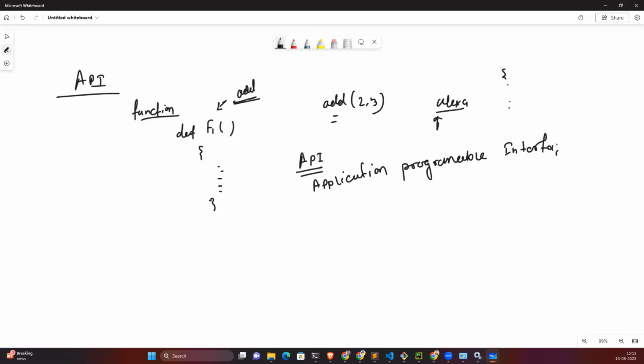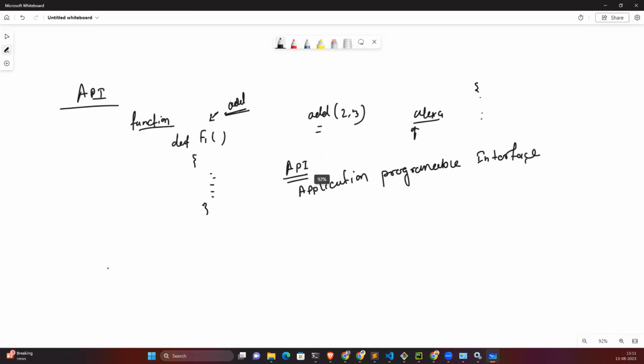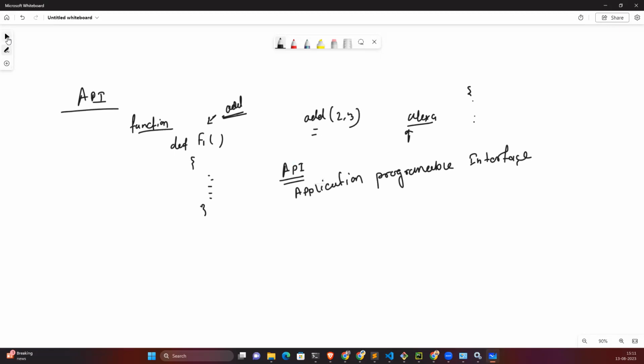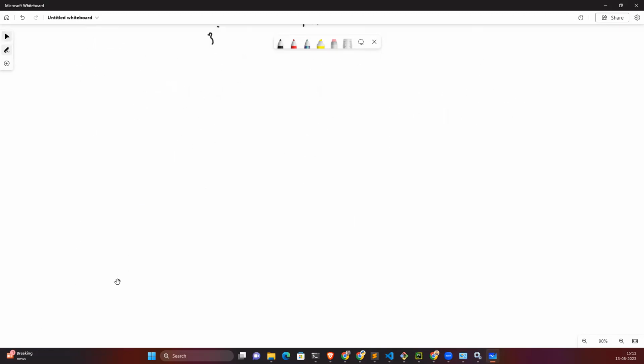Okay, how it works, just try to understand. This is one of the use cases where you wrote a set of functions and I want to use your set of functions or code in my system. There also we can use the API. There are n number of use cases of API. Let's talk about those use cases first, and then we can come to that point.